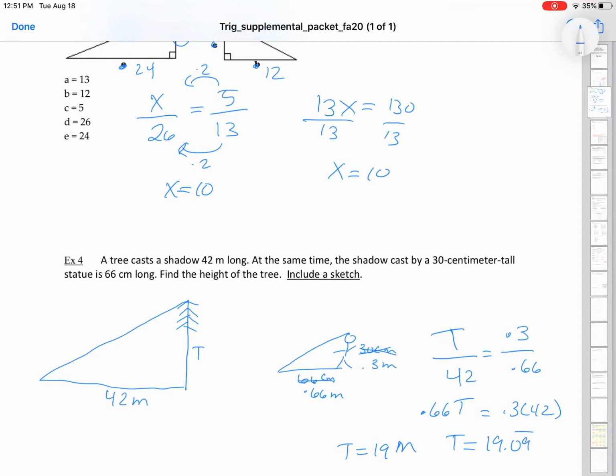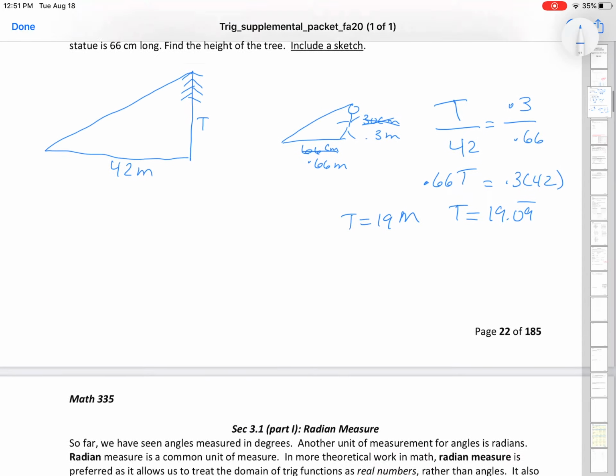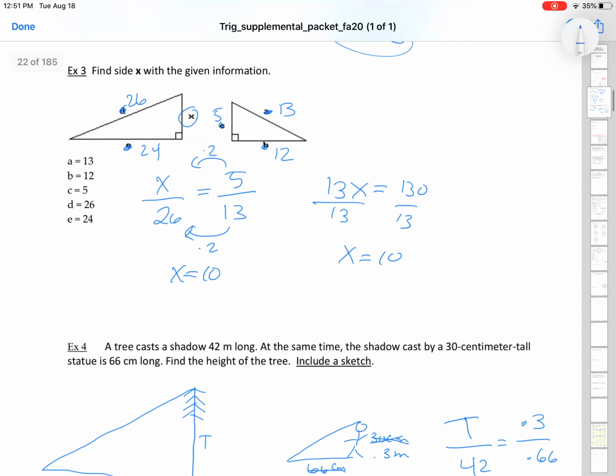That's what we'd be doing in this section. You'll watch yourself do different application problems like this. So let me know which ones are causing problems. All right,